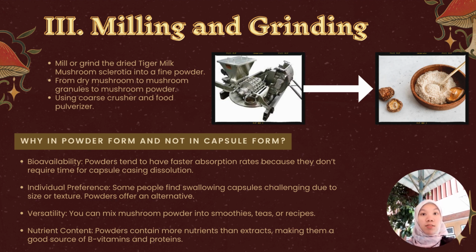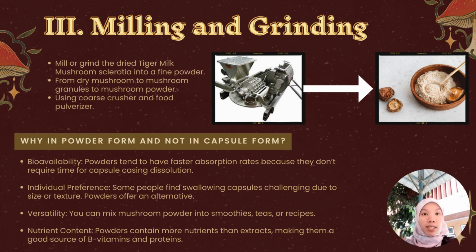This process involves the grinding of dry mushrooms into mushroom granules and then into mushroom powder by using certain machines like a coarse crusher and pulverizer. The supplement products of Ligno tiger milk mushrooms usually come in powder form because, aside from being cheaper than the capsule form, it also has faster absorption rates in the human body and contains more nutrients, making them a good source of